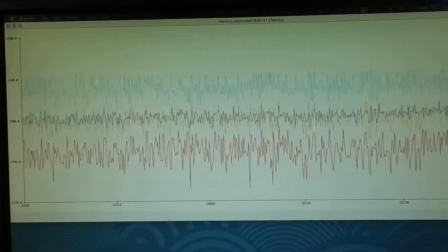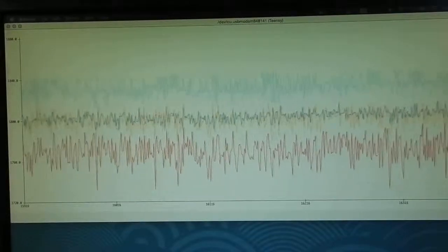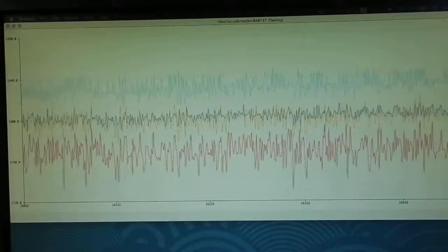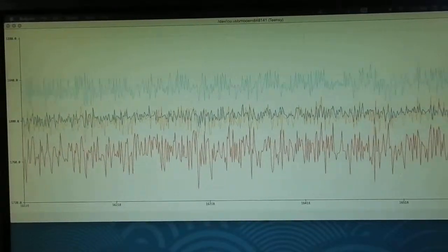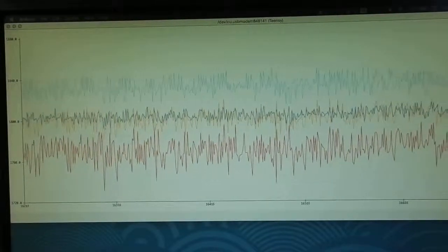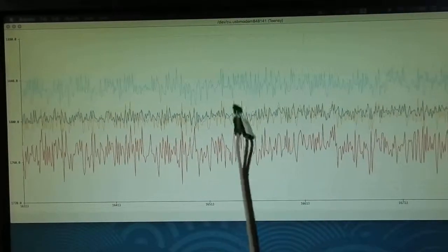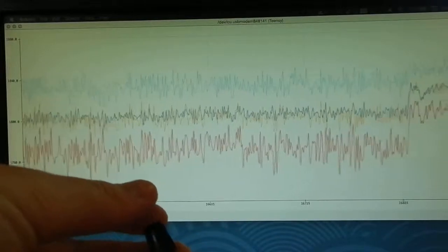Max peaking around 1840, so that's 40 counts. I'll do the math later when I post this. And 40 counts down, give or take. But the data stability is within, I want to say like 5 or 10 counts plus or minus. And then if you just, hold on, let me do this so you can see stuff happening. If I hold the sensor between my fingers,